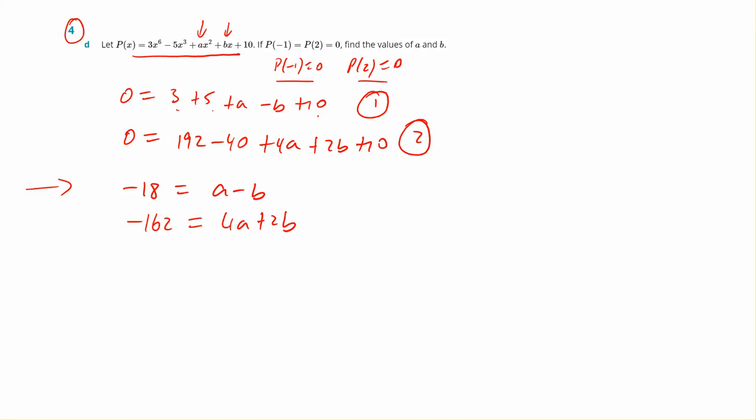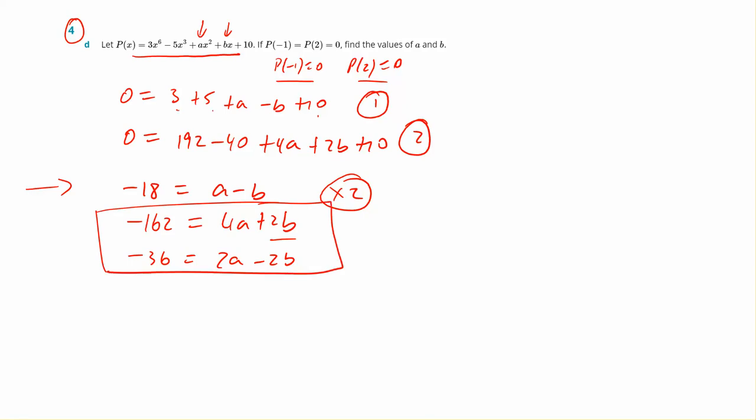Now, because I want to focus on the b's, I want to cancel them. So I need to multiply the first equation by 2. When I multiply this equation by 2, we get -36 equals 2a minus 2b. Now I can work with these two equations, because if I add them together, the two b's cancel and you're left with 6a on the side. And if I add the negatives, again, negative